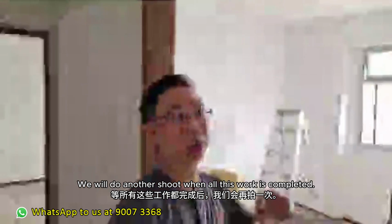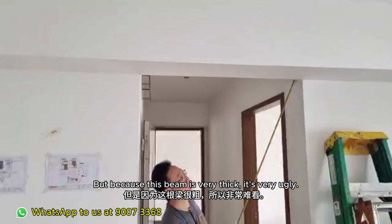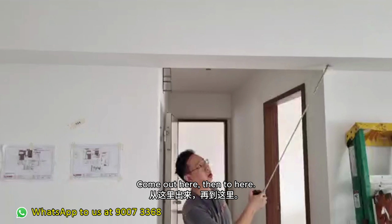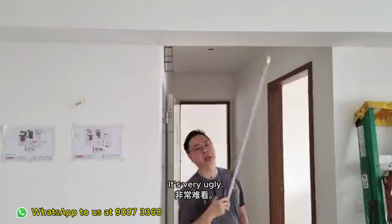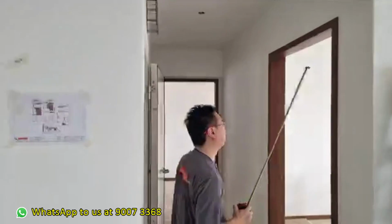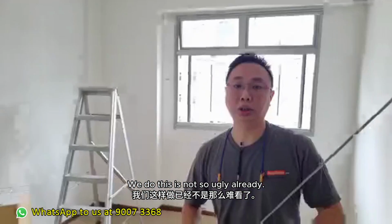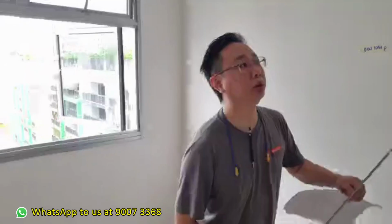We'll do another shoot when all these works are completed. Then you all can see the aircon will be here. But because this beam is very thick, very ugly one, the pipe will be half up. Come up here. Very ugly. This route is not so ugly already. Okay, this room,